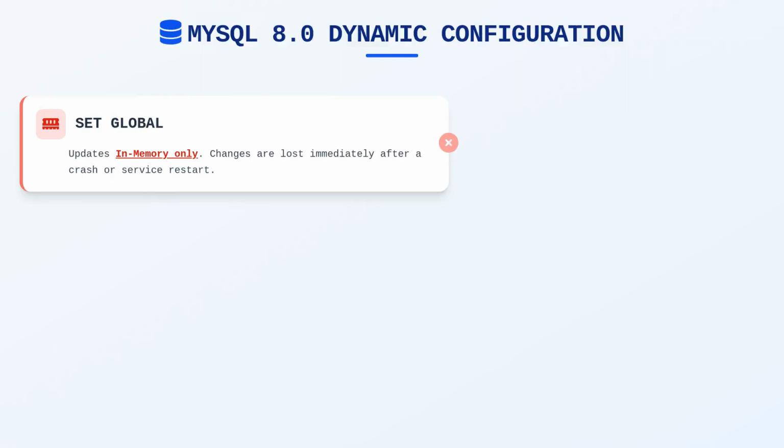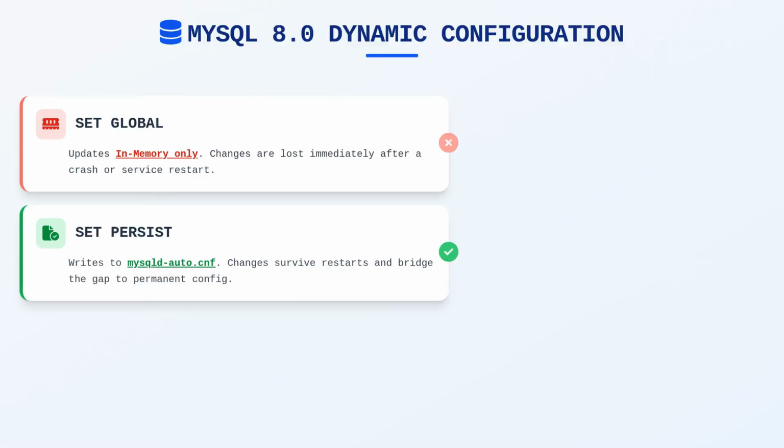While offline configuration files are standard, MySQL 8.0 introduced the SET PERSIST statement to modify configuration variables dynamically while ensuring they survive a server restart. If you execute a standard SET GLOBAL command, the change takes effect immediately in memory, but it vanishes the moment the MySQL service stops or crashes. By using the SET PERSIST keyword, however, the server writes the configuration change to a dedicated file named mysqld-auto.cnf, located in the data directory. Upon the next restart, the server reads this file automatically and applies the persisted settings before processing the final defaults in your standard configuration file.